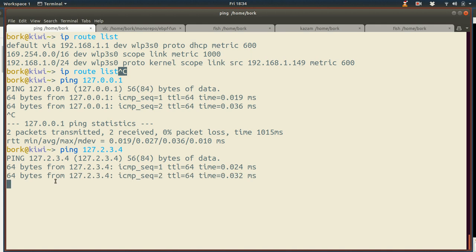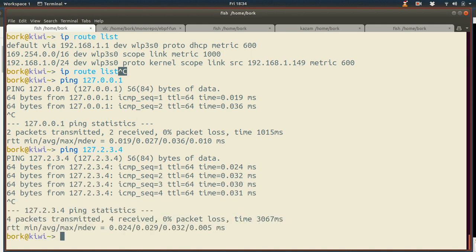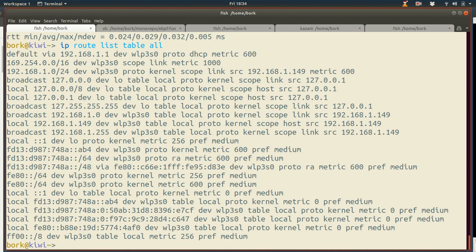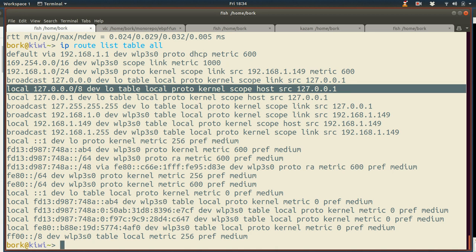I think you can do 1.7 dot whatever, and that's always going to be just on your computer. It's never going to leave your computer. And I noticed that wasn't represented in IP route list, and what's up with that, right? So what I learned is you might have seen this before in the autocomplete: IP route list table all, and there you get a whole bunch of stuff, including this thing, local